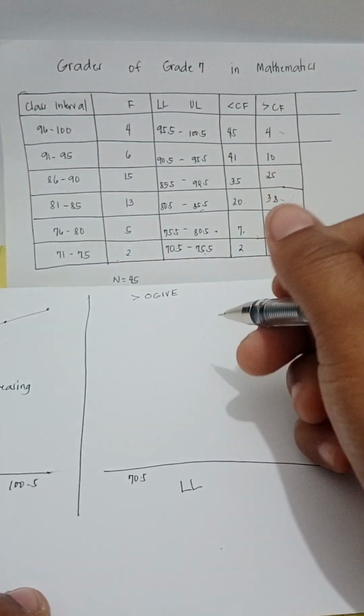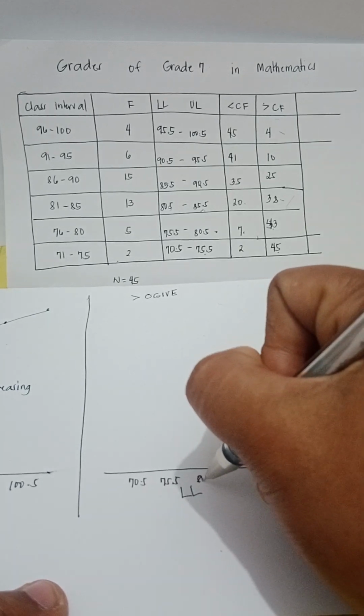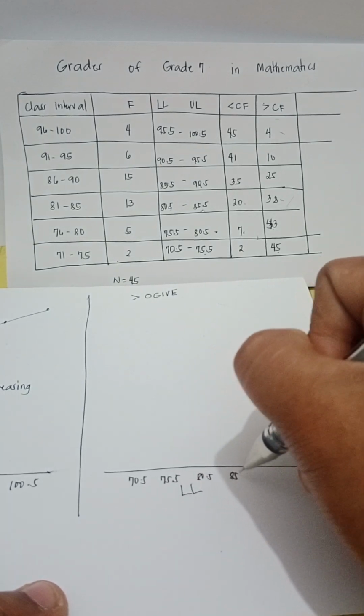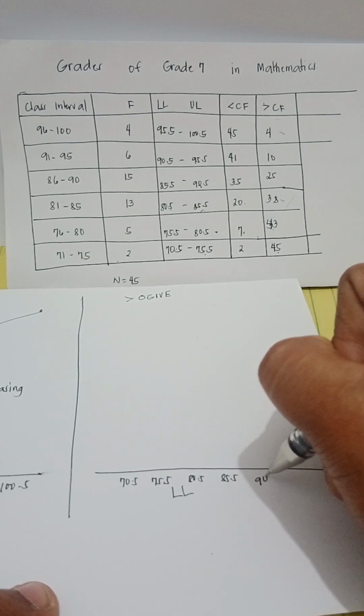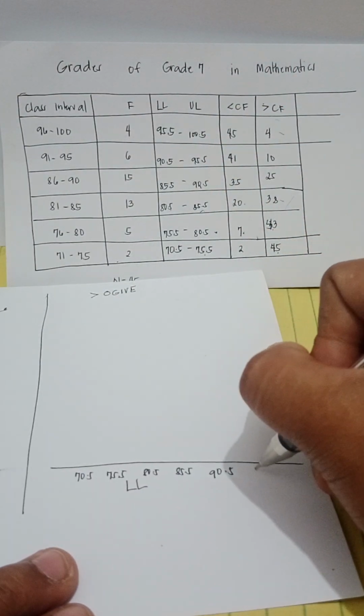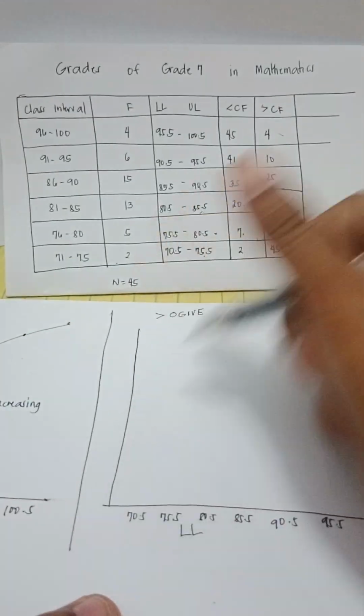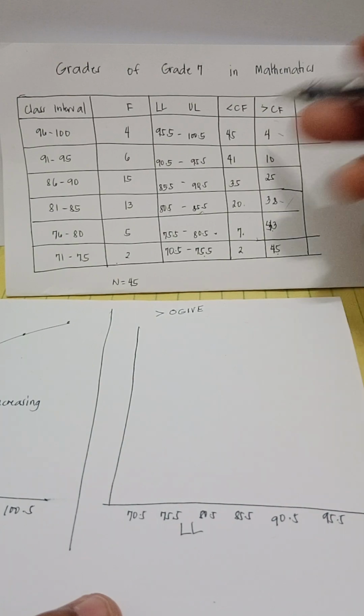Next is 75.5, 80.5, 85.5, 90.5, and 95.5. For our frequency, we will make use of greater than cumulative